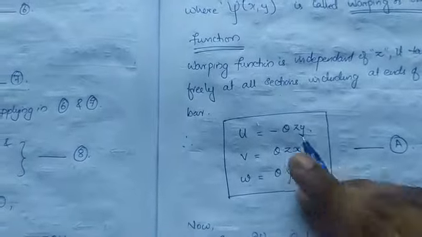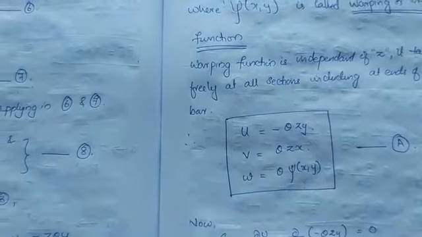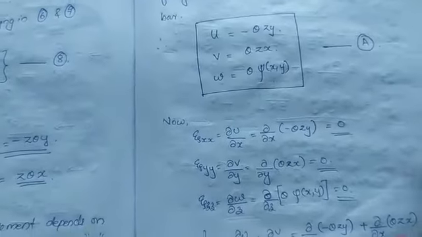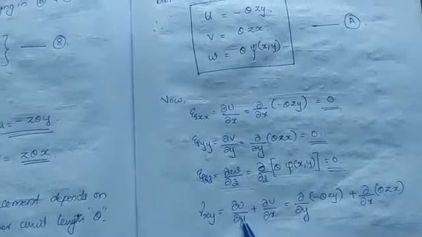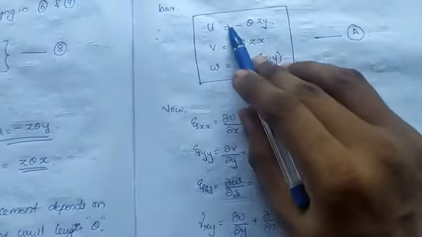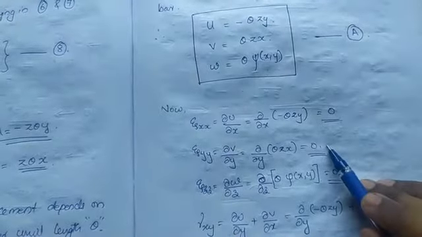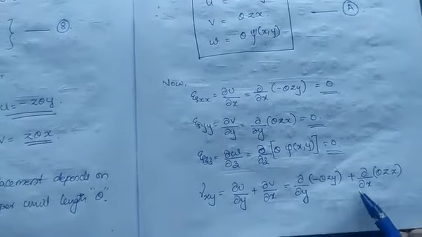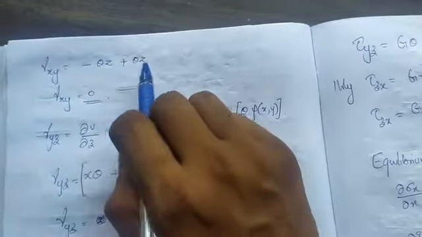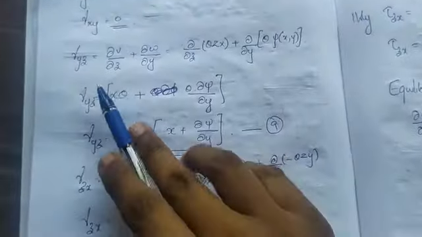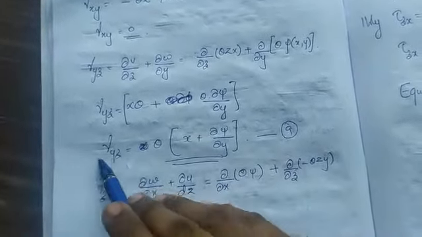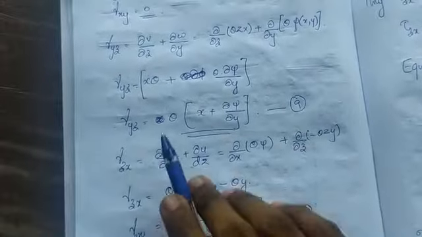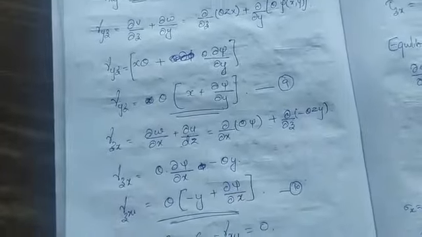Now you can just substitute these values in the equations that we have studied from module 1, right? Epsilon xx is dou u by dou x, epsilon yy is dou v by dou y, epsilon zz, these values you know. And dou u by dou x, there is no term x, so this becomes 0, and gamma xy also becomes 0, since minus theta z plus theta z becomes 0. So you'll get values for gamma yz and gamma zx. You just need to differentiate and you'll get that, right?